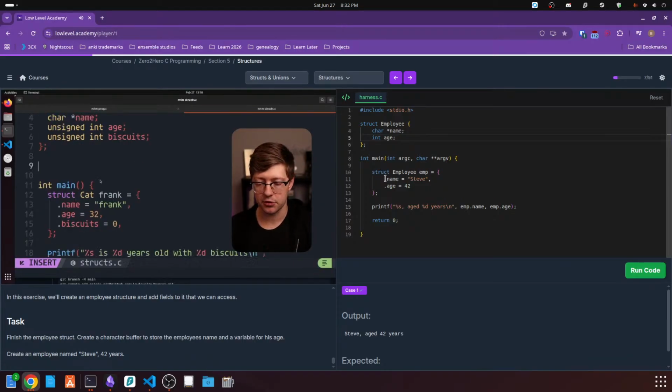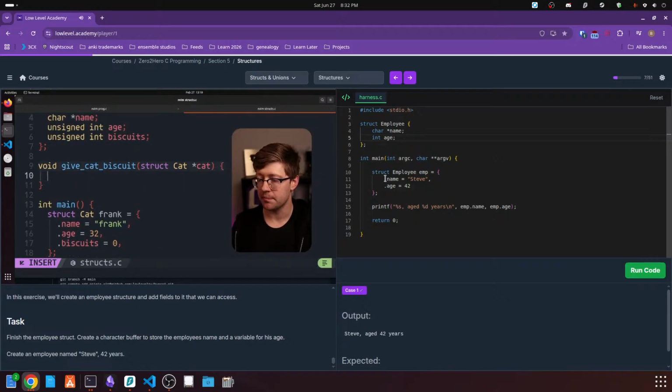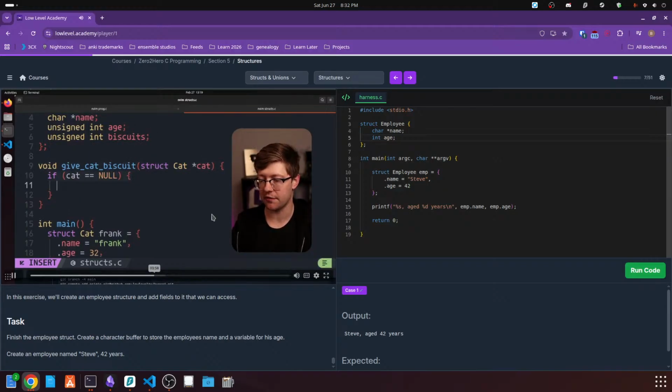So if I made, for example, let's do this. Make a function called void give cat biscuit. This is derailing very hard. What is a biscuit? And this will take a struct cat pointer, right? And now to access the struct cat pointer, we actually have to do one of two things. First of all, we want to say if cat is equal to null, right? If the pointer we're given